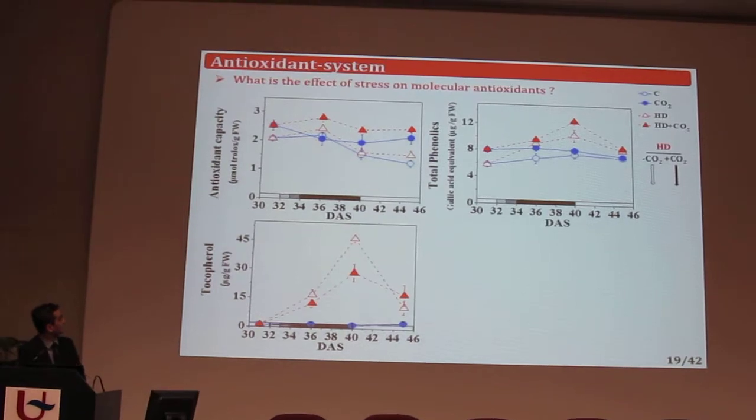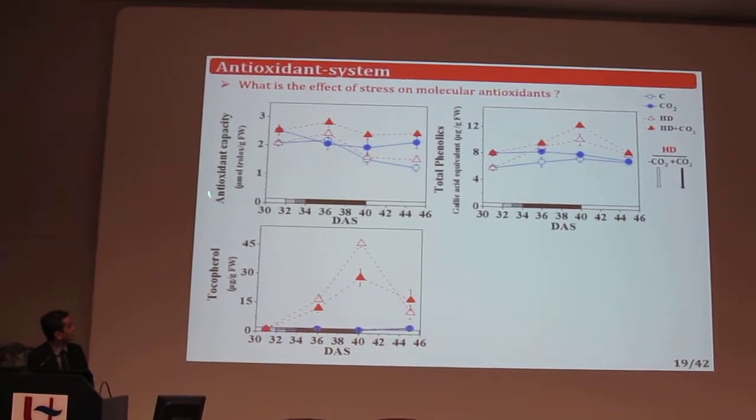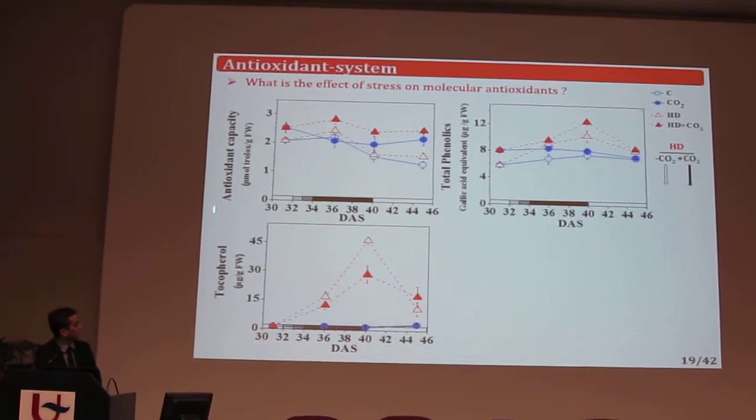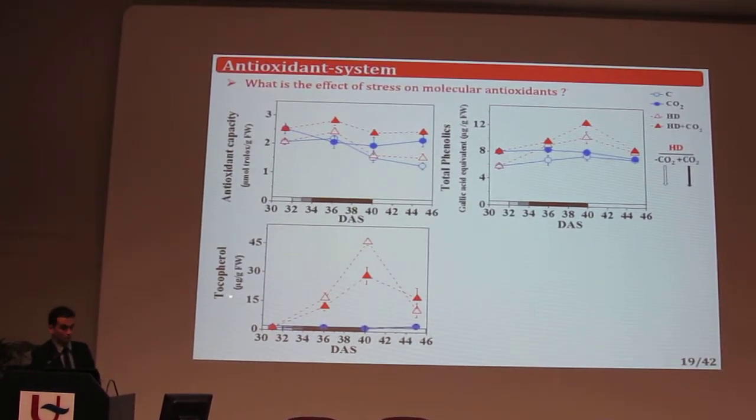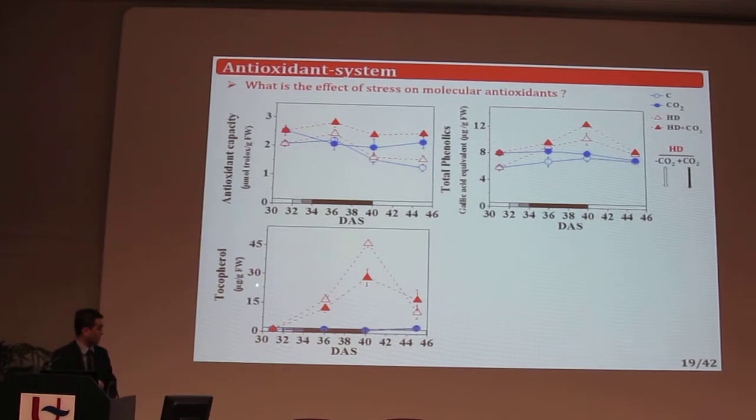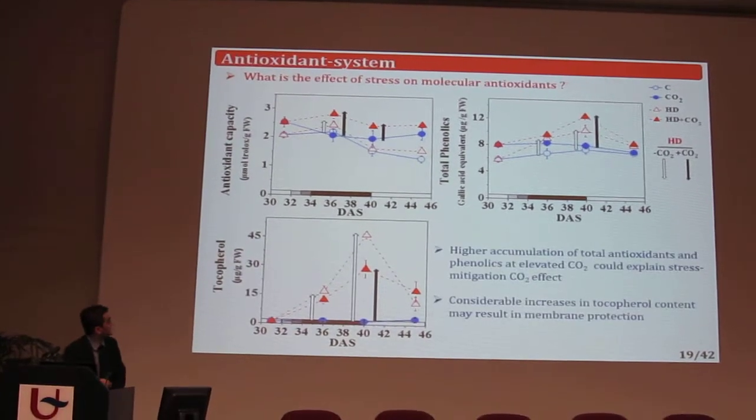Like here, this graph represents the total antioxidant capacity of the plant cell, and this represents the total phenolics, and this represents tocopherol. Tocopherol is a membrane bound antioxidant. So what we can see here is the